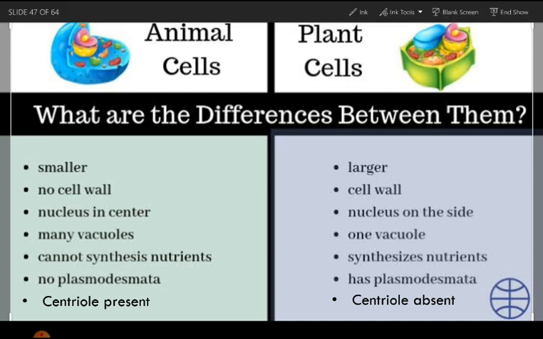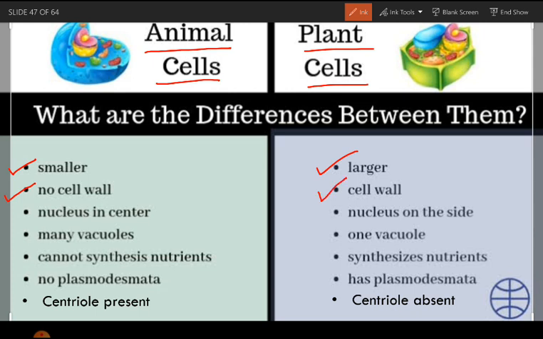So look at this picture. Here we can see that this is an animal cell and this is a plant cell. Now we will look at its differences. First of all, the animal cell is usually of small size, while the plant cell is a little bit larger in size. The second important difference is that the animal cell has no cell wall, while a cell wall is present in the plant cell,